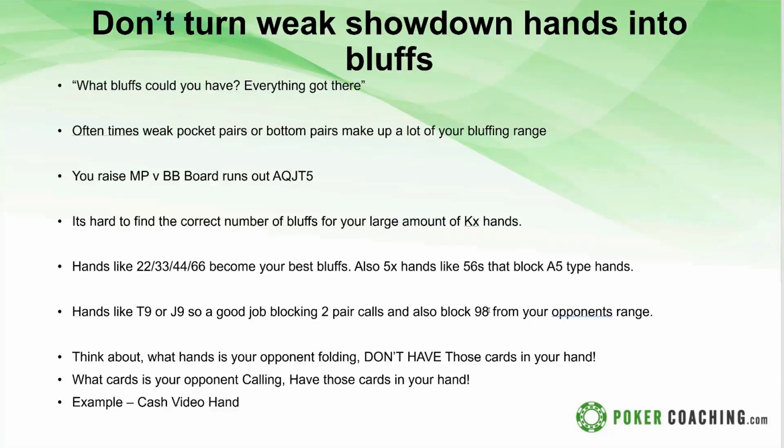So kind of a key rule here is think about what hands your opponent is folding to your bet. Don't have those cards in your hand. What cards is your opponent calling with, and have those cards in your hand. Now here, your opponent's going to call with a king a lot or two pair. So it's hard. You can't have a king in your hand and be bluffing. But you think about what types of cards they would have with their king. So hands like king-jack, hands like king-queen, possibly. So maybe turn a weak queen into a bluff. But